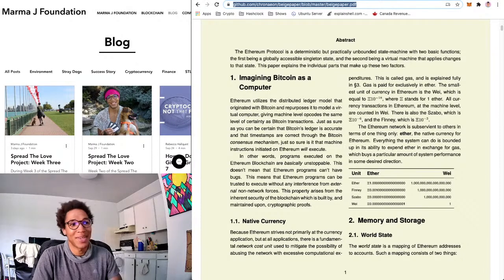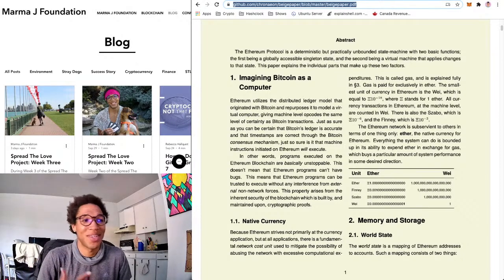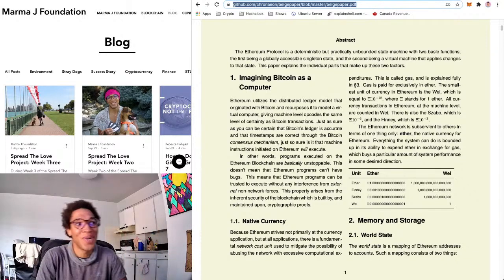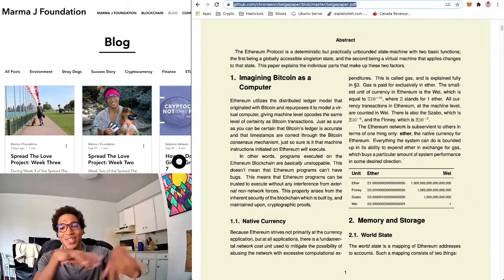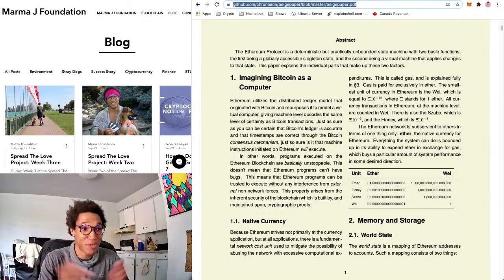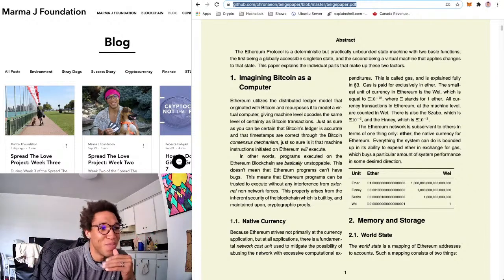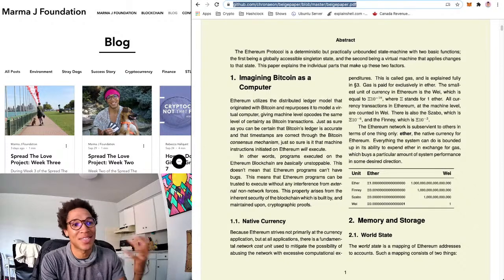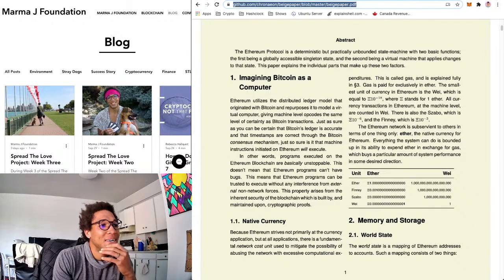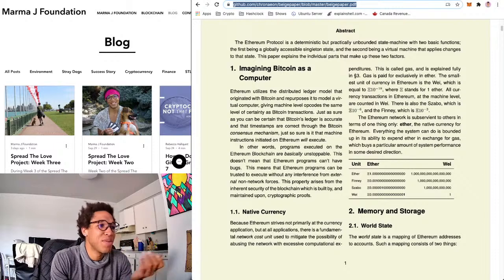So, for me personally, what got me so interested in Ethereum as a whole was that first part. Just a globally accessible state, just one state, and everyone knows what it is for 15 seconds or so. We all know what the state of this machine, this computer, is. I think that's a really cool thing. And so, imagining Bitcoin as a computer.